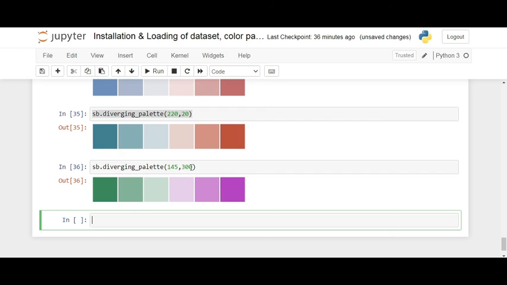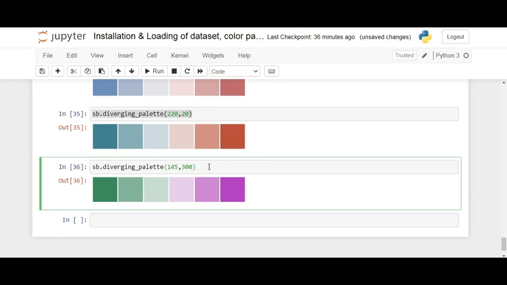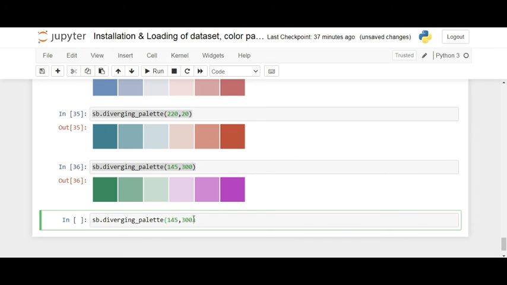Now in this case I will use the saturation level also. A better way, I will make a change here so that it is easy to understand the difference.